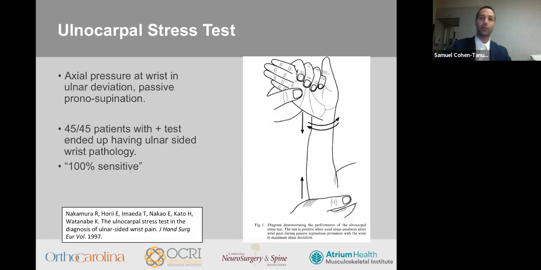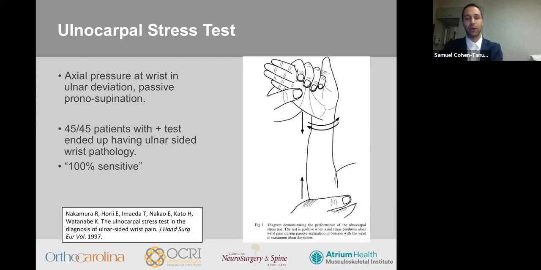I'll start with the ulnocarpal stress test, which was described by Nakamura and colleagues. It's very sensitive for ulnar-sided wrist pathology, so essentially everything I'm talking about, but it's not specific for any particular one. It's performed by placing axial pressure on the wrist in ulnar deviation and passively ranging in pronation and supination. And in their study, basically 100% of patients with a positive test ended up having ulnar-sided wrist pathology as documented